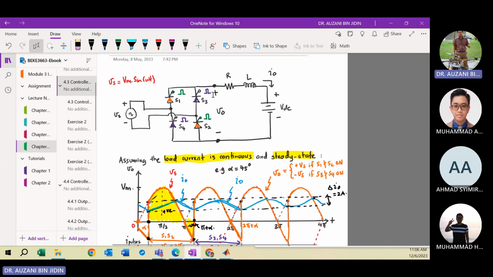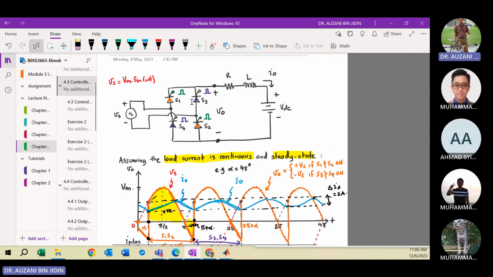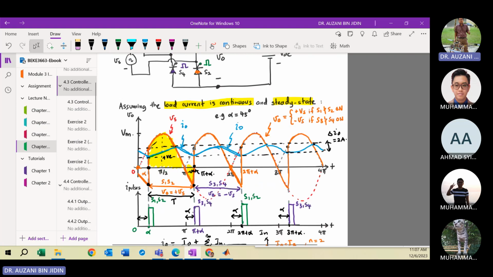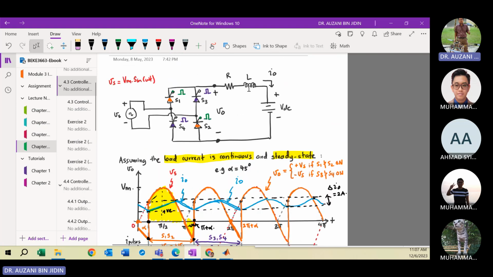when we apply the current pulse, the blue color here, to the gate terminal of S3 and S4, these two thyristors or SCRs will turn on. As a result, it will produce the output voltage, which is the waveform with the orange color here. You can notice, because of the inductive load here, you have to take note of